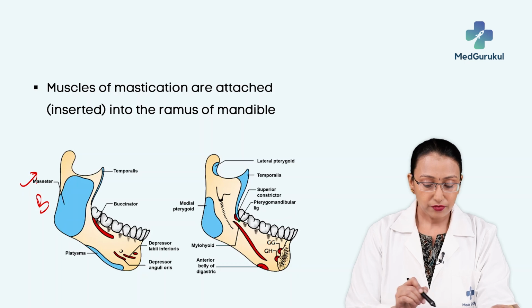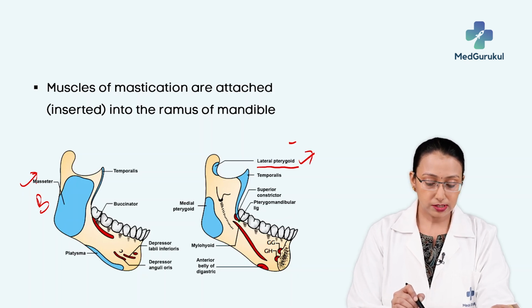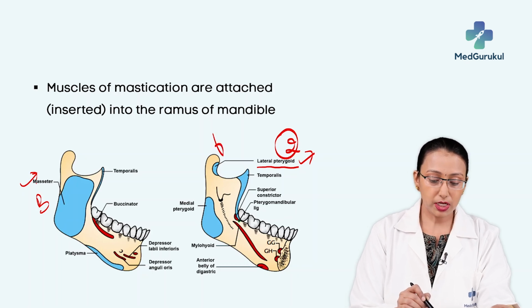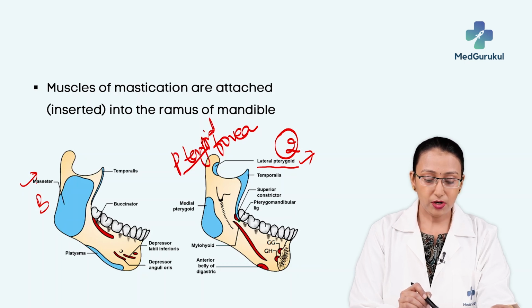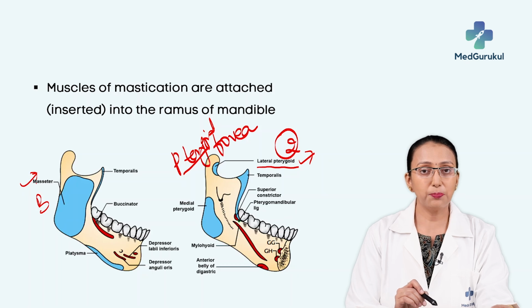Then we have the lateral pterygoid muscle. This is the second masticatory muscle, and it is inserted into the pterygoid fovea. This is a spotter question. It is called the pterygoid fovea because it gives insertion to the lateral pterygoid muscle. Fovea means depression. So, just below the head of the mandible there is a depression for the lateral pterygoid muscle